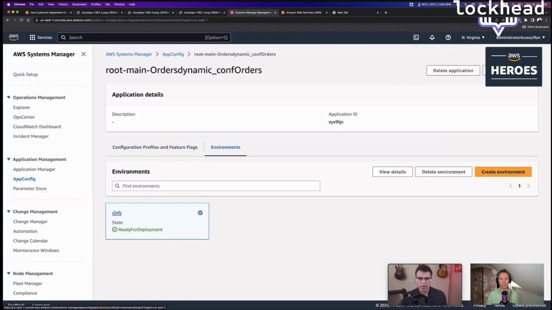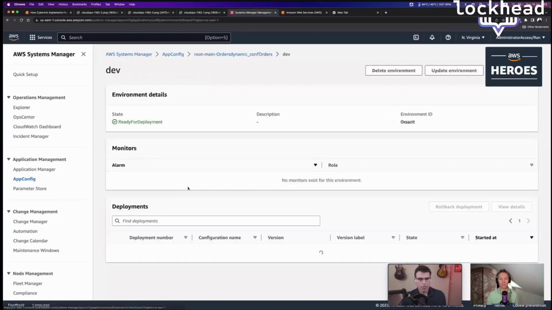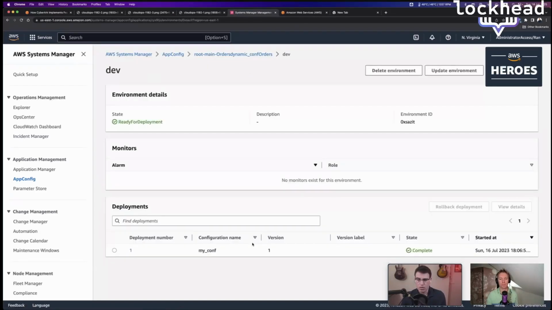Environments here, it's called dev environment, but usually if you follow the AWS guidelines, you'd have different accounts for different environments. So usually you'd have just one environment here, always just one, and not dev, test, whatever, because we're not mixing environments. Now, I'm going to click on the environment, and as you can see, there's a deployment of different